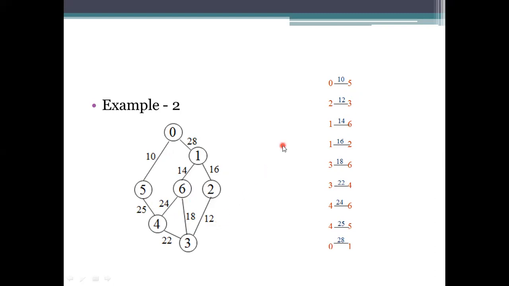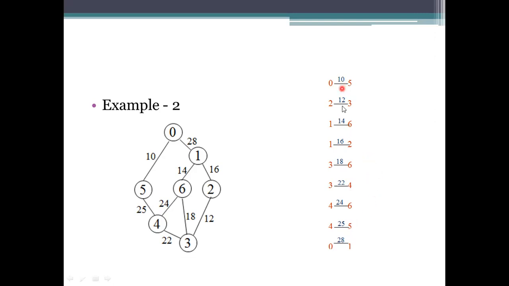And plot these edges first. First we need to take the least cost edge and consider the next one, the next highest one further down. So here we used this representation.